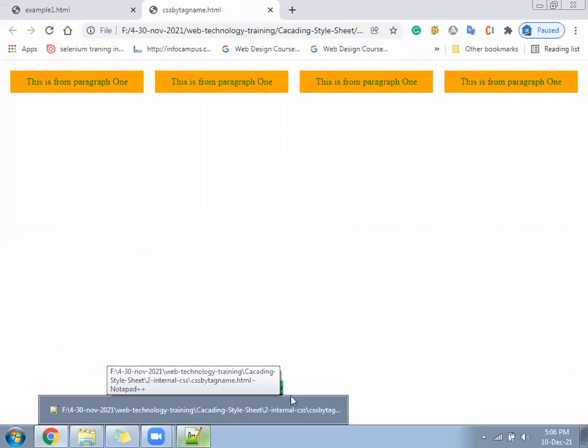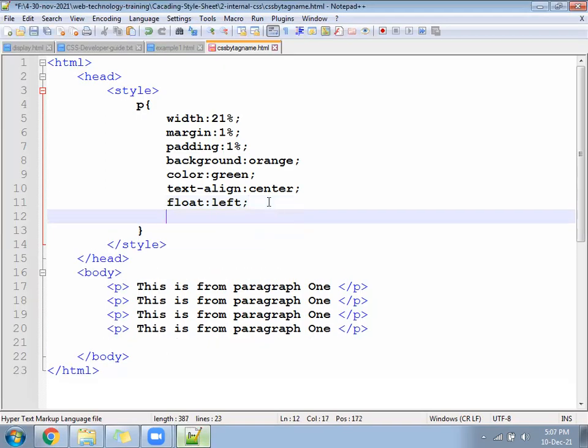Okay. We can add some height also, because without height it looks like very small height.